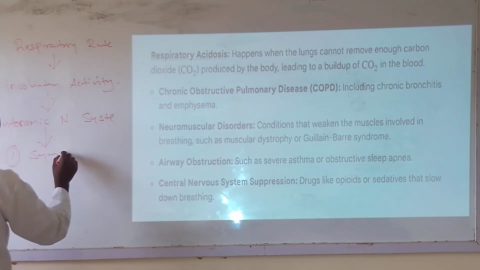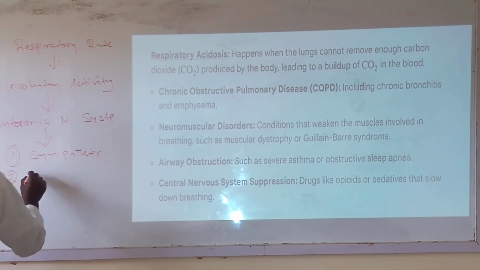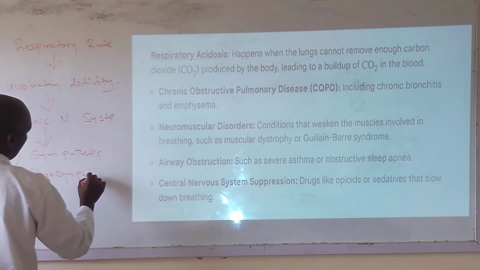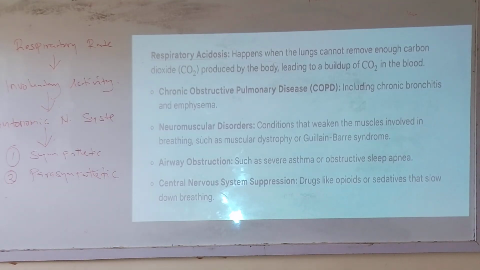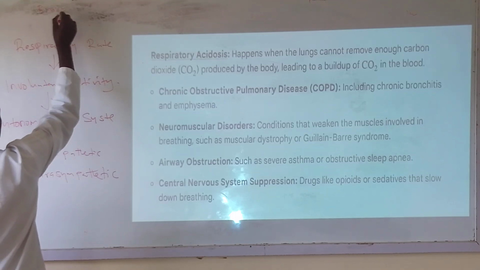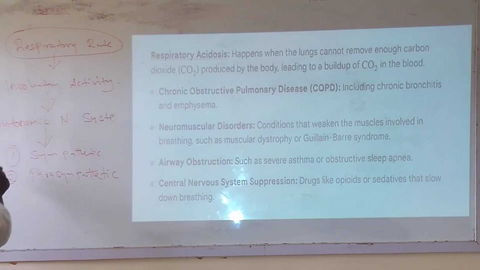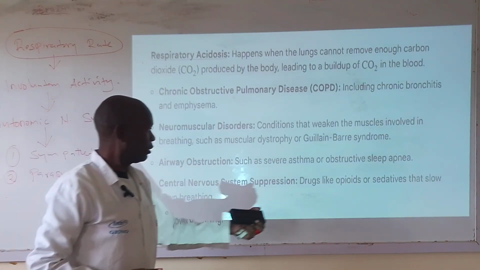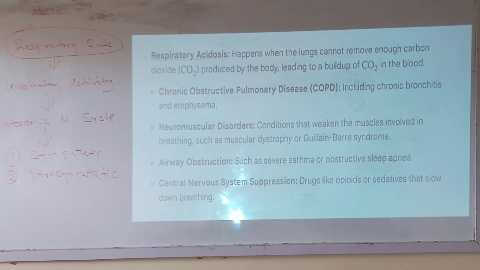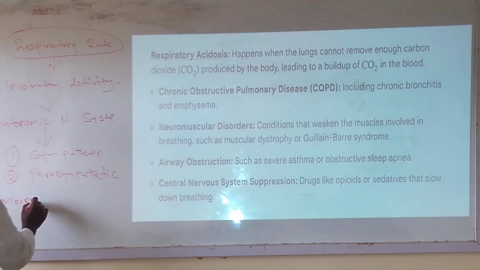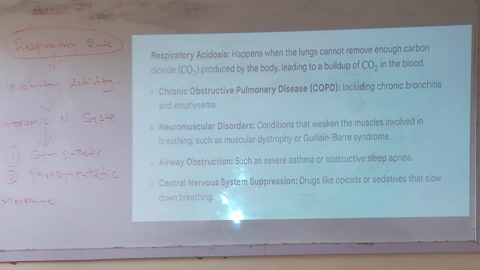One is the sympathetic activity, and the second one is the parasympathetic activity. So, your brain is supposed to regulate the respiration rate through the autonomic nervous system, what we call the ANS. So if I give you medications that will paralyze your ANS, that is autonomic nervous system, if I give you a drug like opiates or sedatives to sedate your CNS, and these drugs can be opiates like morphine. Morphine is a good example. Or I just sedate you, maybe using diazepam,